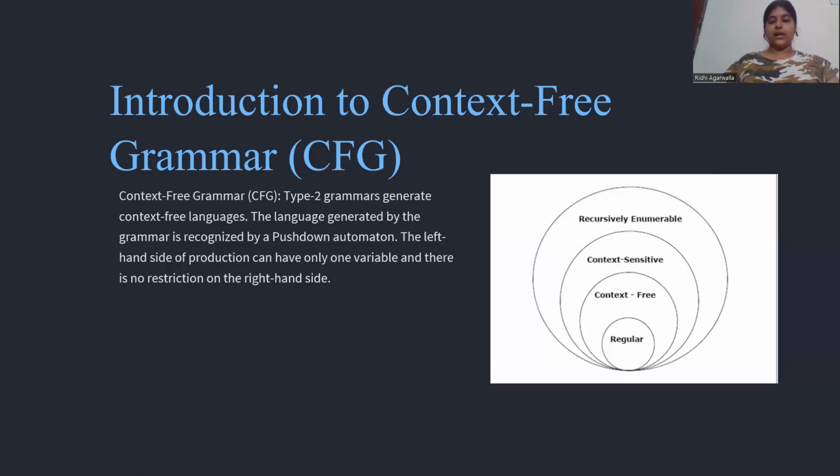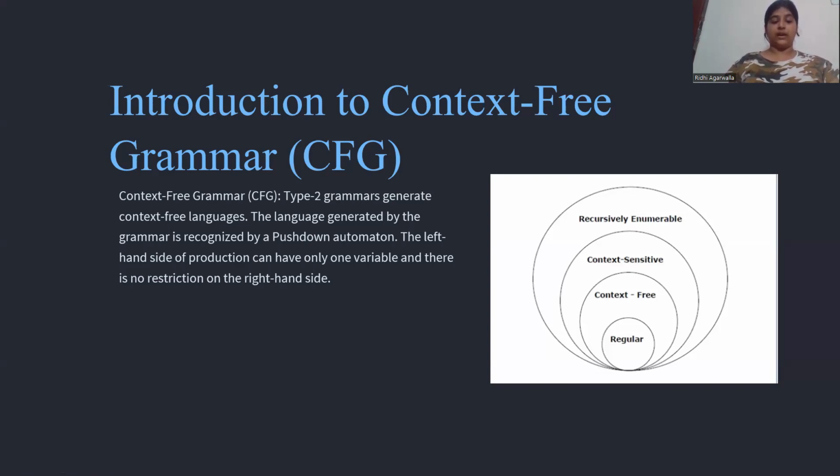So in the given diagram, as can be shown, there are four types of grammar as shown in the given figure. So let's start from the type 3 grammar, which is basically the regular grammar. The regular grammar is the grammar which is used and recognized by finite automata machines. Then comes our second grammar or type 2 grammar, which is context-free grammar, or the grammar which is used to